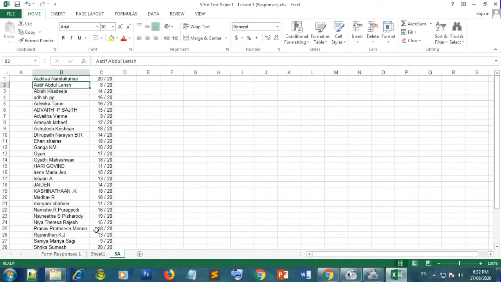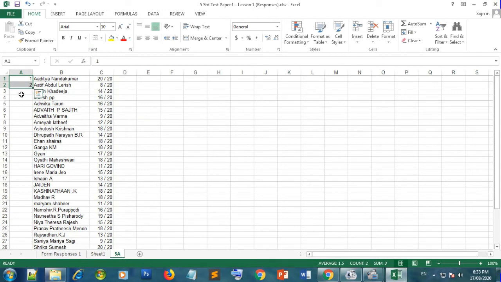Okay, then you can give a number also, a serial number. Just type 1 and 2. Okay, after that select this 1 and 2 together and just double click on this right bottom corner. There you can see a square box. When you bring the mouse over there, it will be a plus sign. This is a cross sign, not this one.